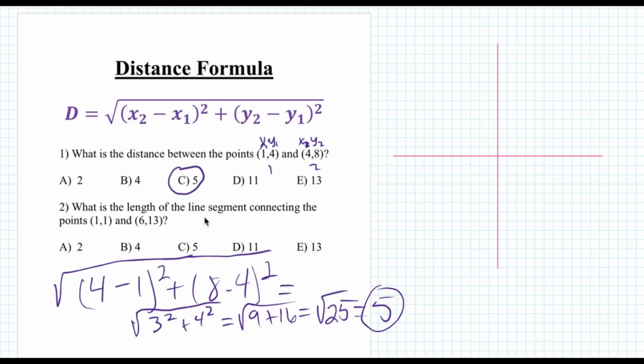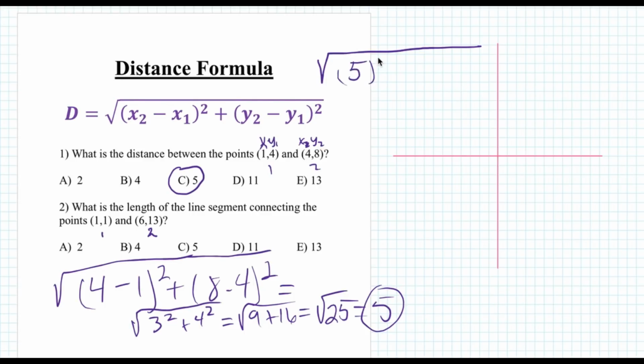Number 2, what is the length of the line segment connecting the points (1, 1) and (6, 13)? Let's use the distance formula again, because that's the topic we're on. Let's do that up here, because we have some space right here. And again, this will be point 1, and this will be point 2, and I'm just going to not draw them out. 6 minus 1 is 5